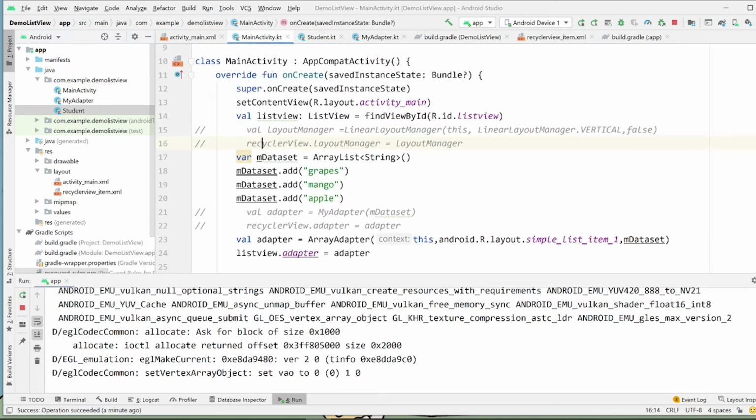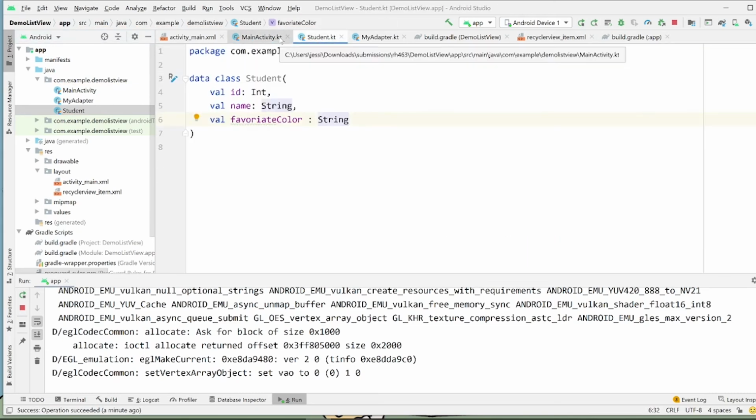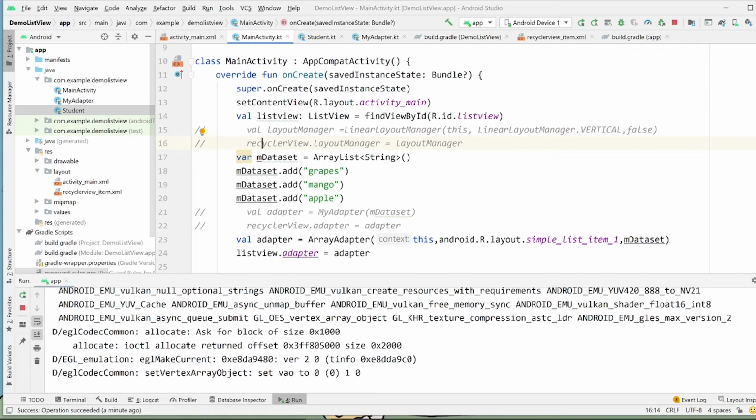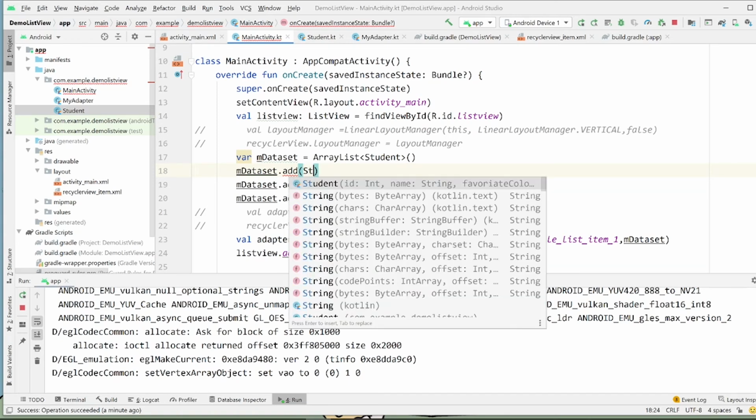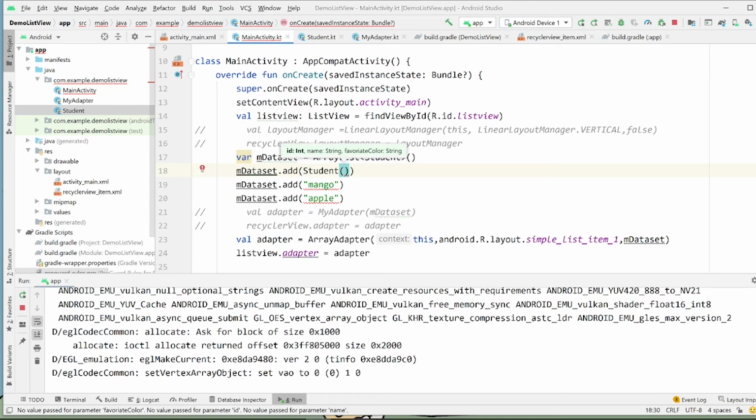And this is really helpful when you're creating a RecyclerView because most of the time you would not have an array list of simply a string. So you might have an array list of students, and inside the array list you can do, give me, this is my ID.